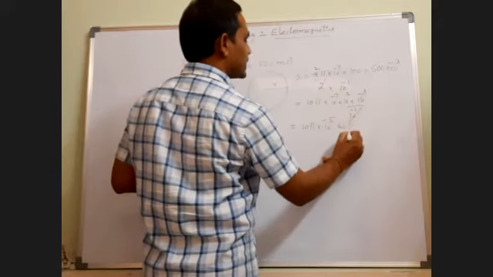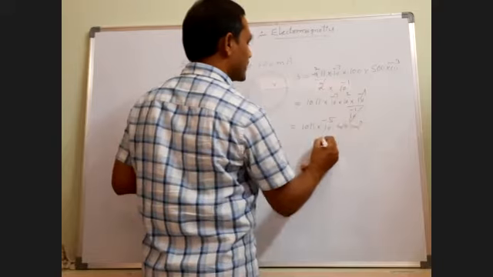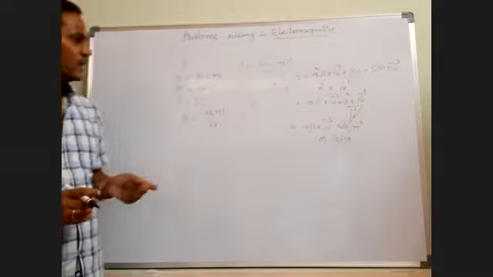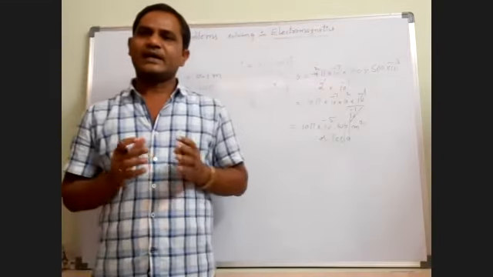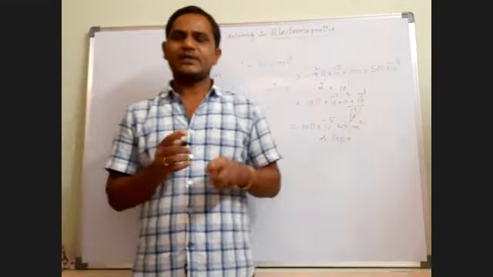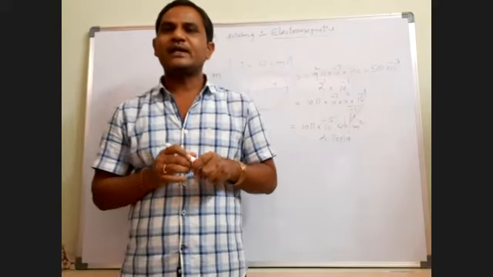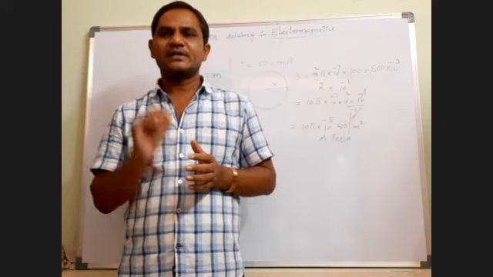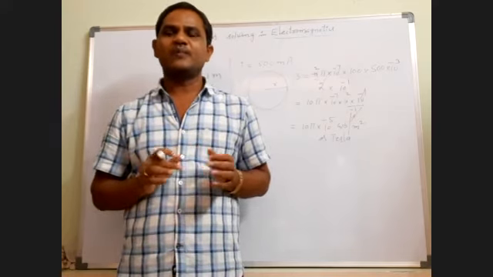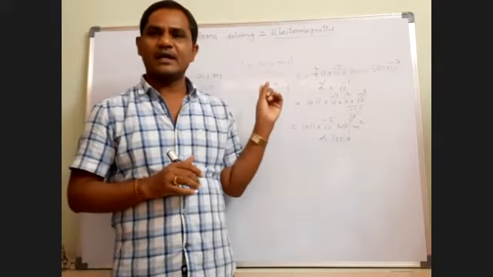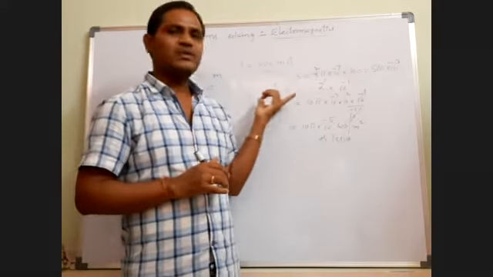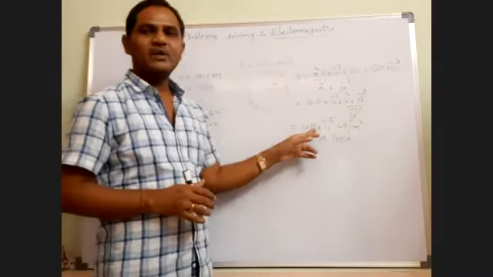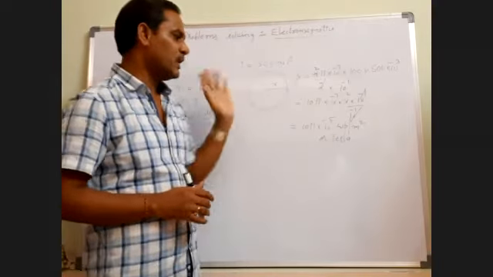The SI unit of magnetic field induction is Weber per meter square. So what we are doing here, we are calculating magnetic induction at the center of a current carrying circular loop. What is the formula for induction field strength at the center of the circular loop? B is equal to mu naught Ni by 2R. There we substituted the values and finally got the answer 10 pi into 10 power minus 5 Weber per meter square.